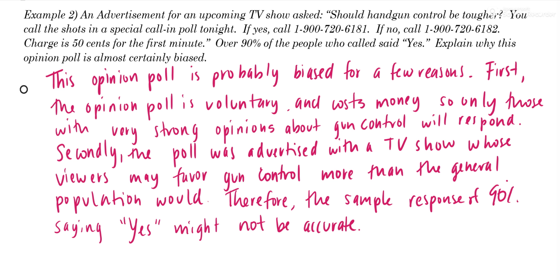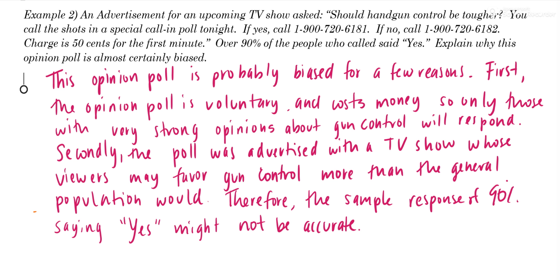Okay. So this explanation has a lot of things going on. Frankly, if you answered this and then now you're checking your answer, you don't really need all of this. You just need a couple of things. So if you just mentioned that the opinion poll was voluntary, and that only those with strong opinions would respond, that's good. That's fine. If you just said, hey, this was advertised with a TV show and didn't mention the voluntary nature of this, that's also fine. But what you need to make sure that you do is you need to make sure you connect why this would be biased back to the actual context of gun control. So specifically,